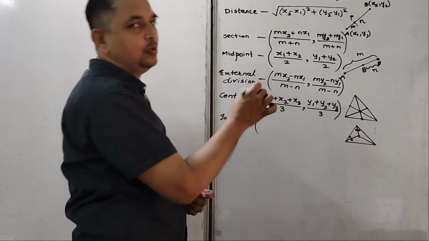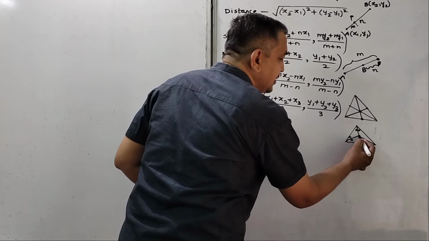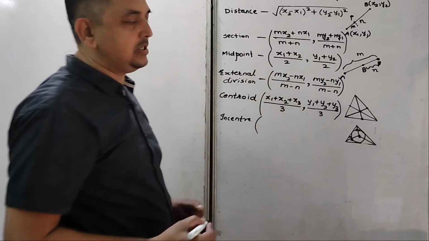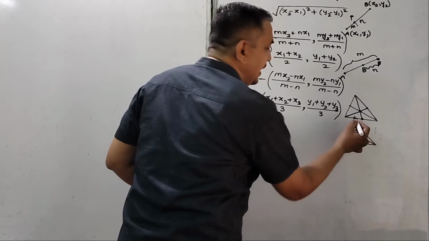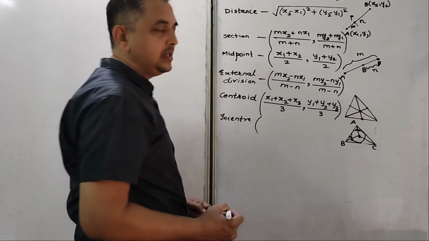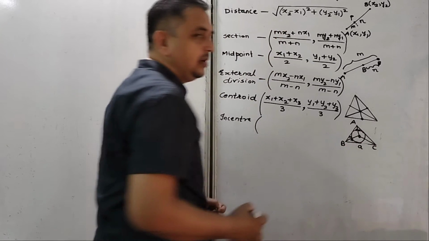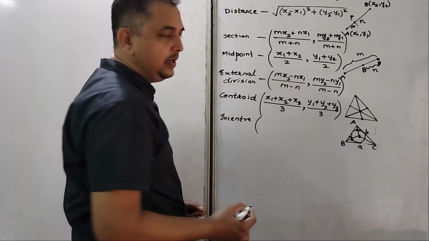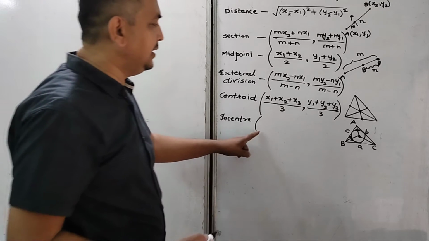They pass through one point, they are concurrent, and this point is called incenter because taking this as a center we can draw a circle touching all the three sides, which we call as incircle. Now if this is point A (x1, y1), point B (x2, y2), and point C (x3, y3), the side opposite to angle A is small a, side opposite to angle B is small b, and the side opposite to angle C is small c, and then this formula becomes